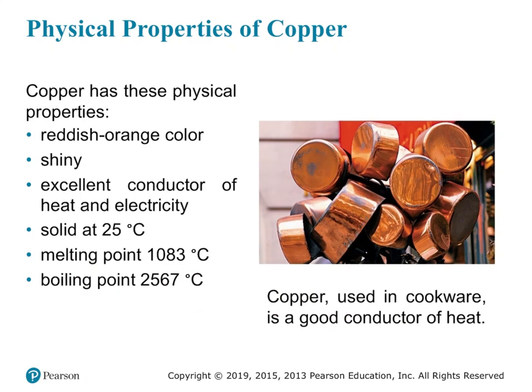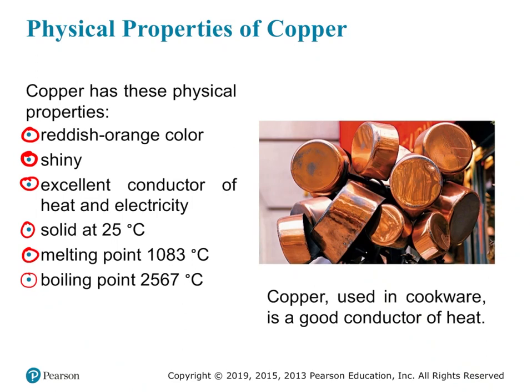So now let's look at another example. This time we'll look at copper. So copper is a reddish orange color. It's shiny. We can also consider its conductivity as a physical property. So copper does conduct heat and electricity really well. It's a solid at 25 degrees Celsius. Its melting point is really high, 1083 degrees Celsius. And its boiling point is also really high,